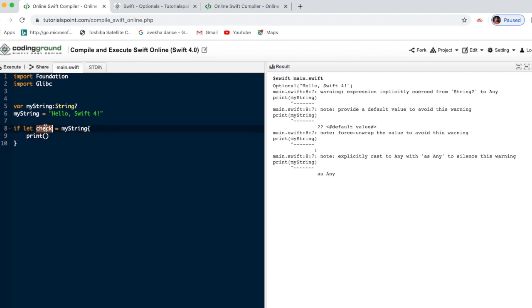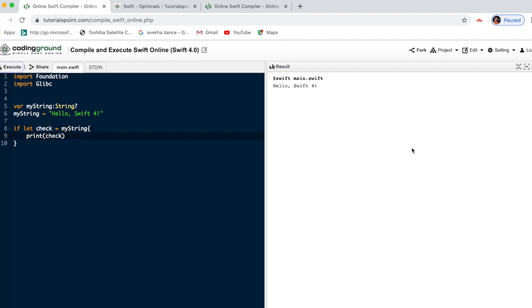What happens is that the warning shown will go away. To avoid that, this is the way to correct it.